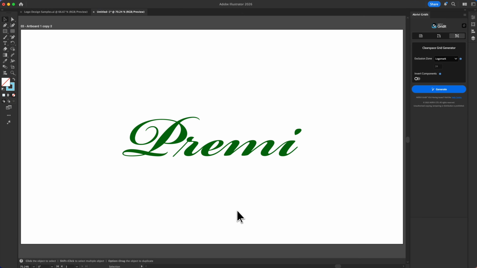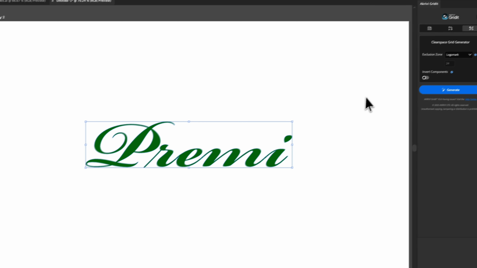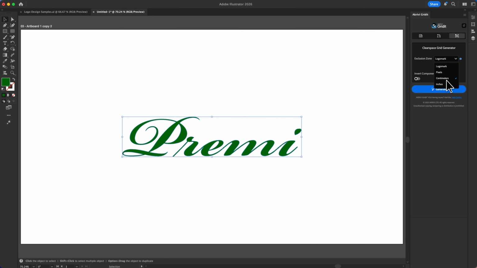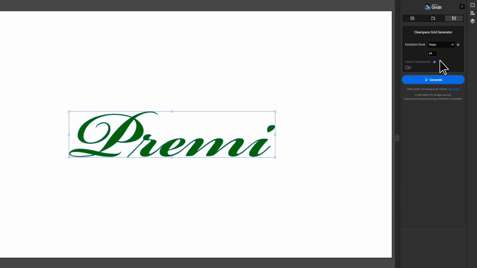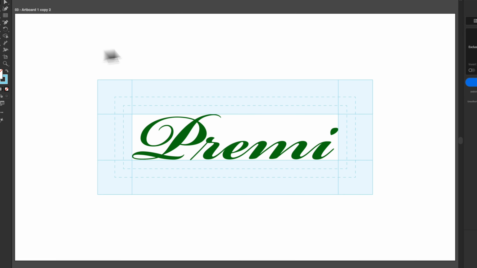Creating a Clearspace grid for the wordmark is different from the previous methods. What we're going to do, we have one group selected, and instead of having the exclusion zone set as logo mark, we can change it to one of the measurements, either pixels, centimeters, or inches. I'm going to go with pixels, and I'm going to increase this to, let's say, 150. And then now that's done, I'm just going to click generate, and you can see we now have our Clearspace